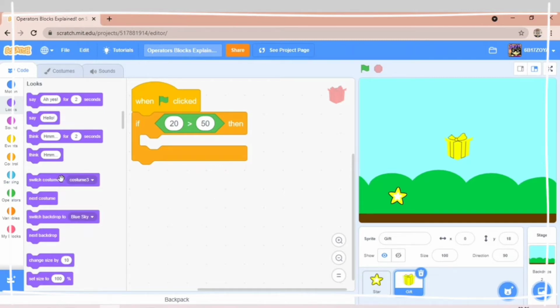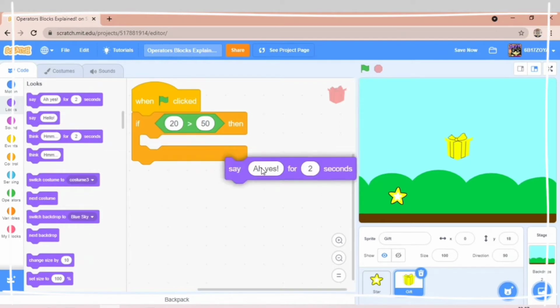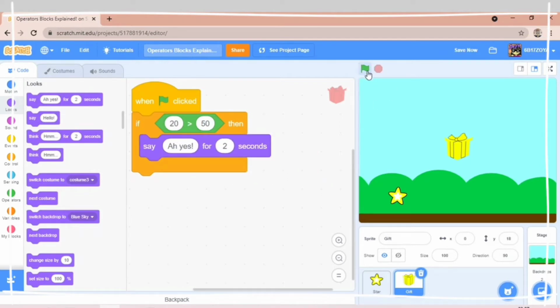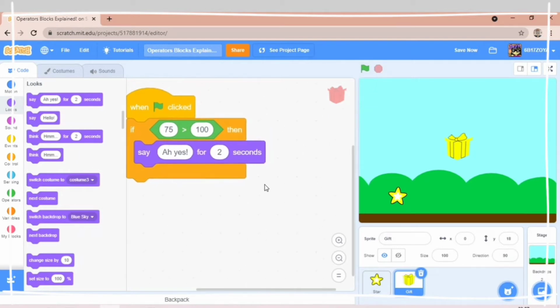But 20 isn't greater than 50, so it isn't doing the further code. We can put any text over here. But if I set it to 75 and it is greater than 50, then it will work, and we can write any other number here, like 100. Now 75 isn't greater than 100, so it won't work.